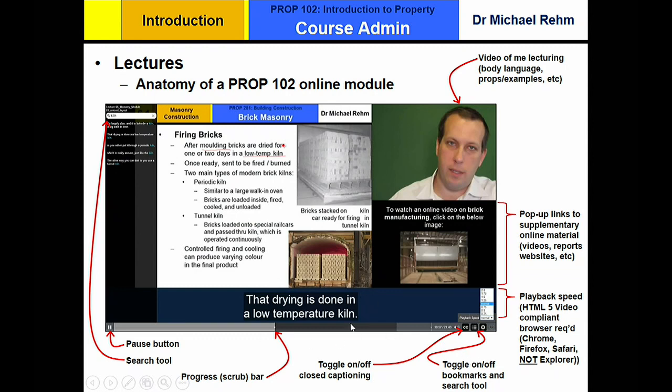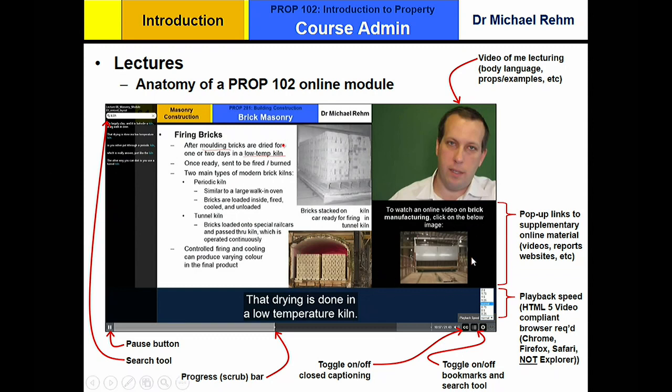So use the closed captions. You can do keyword searches. I don't know if many students use that, but use the pause button. The most valuable thing in this whole system is to be able to pause. Somebody could say, hey, can you please, but nobody ever does that in a live lecture. You can pause it, you can rewind, what did he say? And go listen to it again, skip around, do whatever you want. You have all the control in the world.